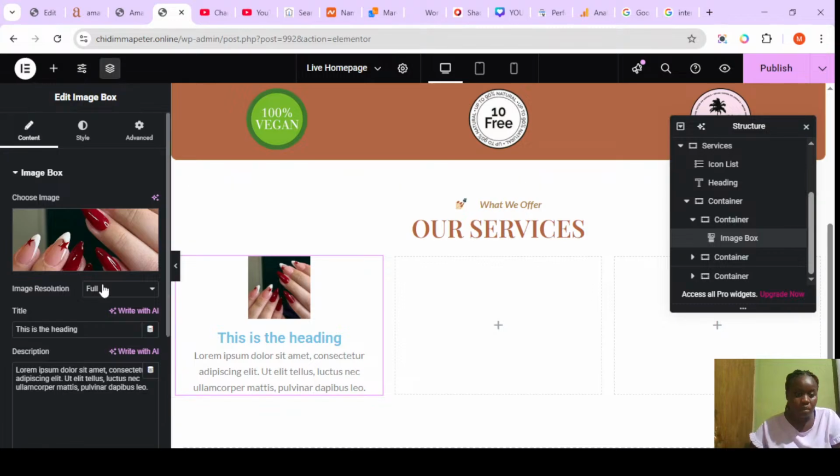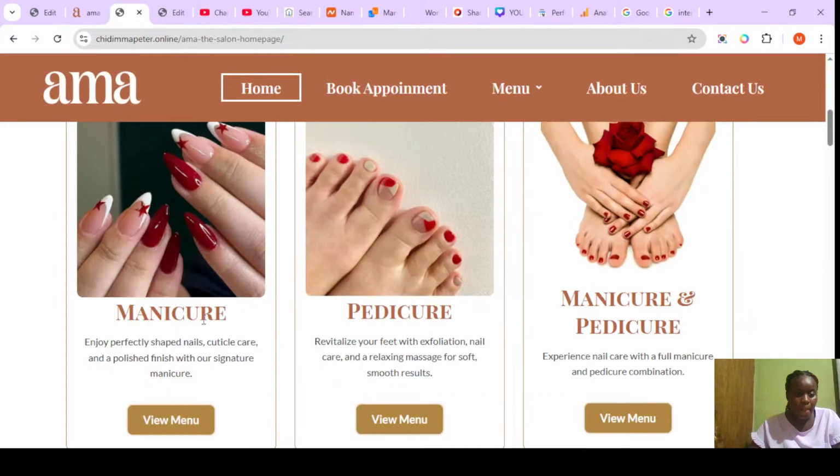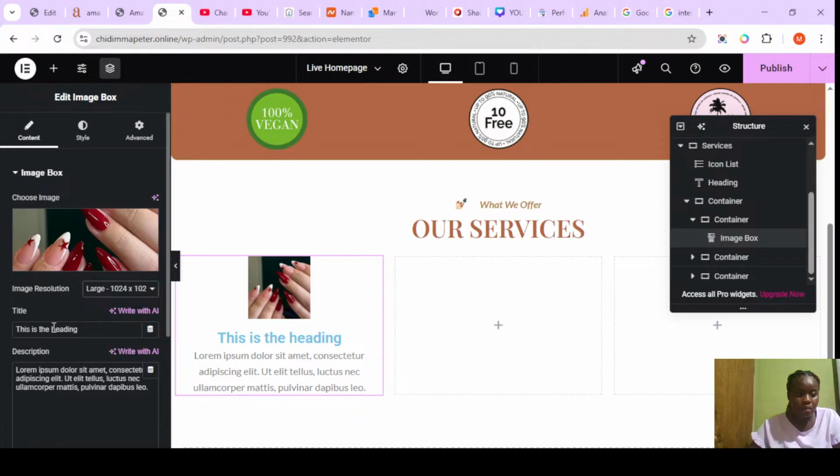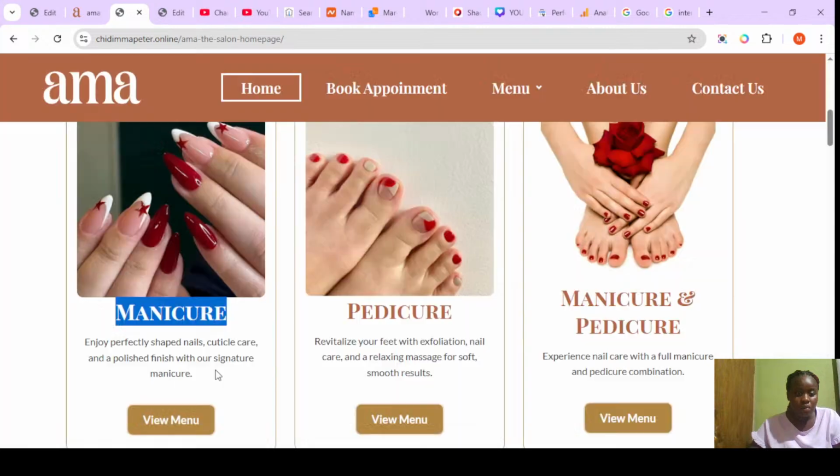You change the resolutions to, I think I must have used large. Then heading. Oh, it's heading. Manicure. Copy that. Change it to paste. For the description, I copy the description also. Now